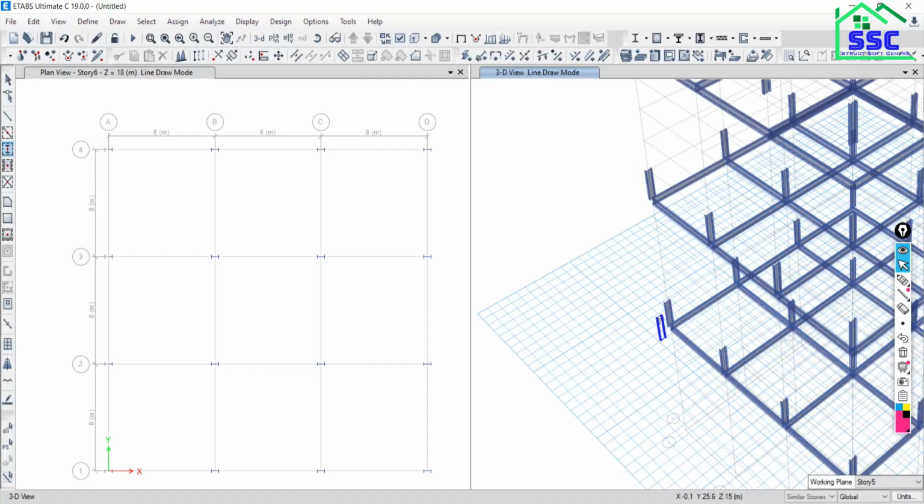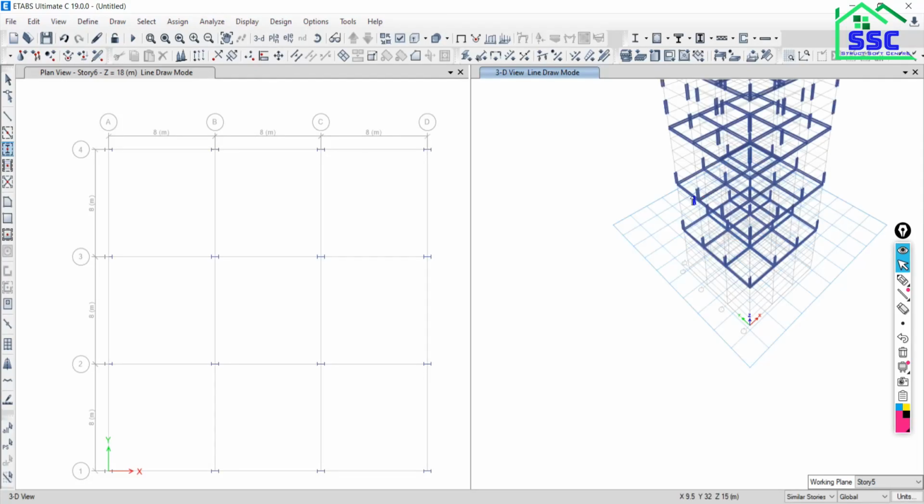Is that okay? So in this way you can make many master stories, and many similar stories also. Is that clear to all? So this is done for the understanding of master story, similar story and all story option.